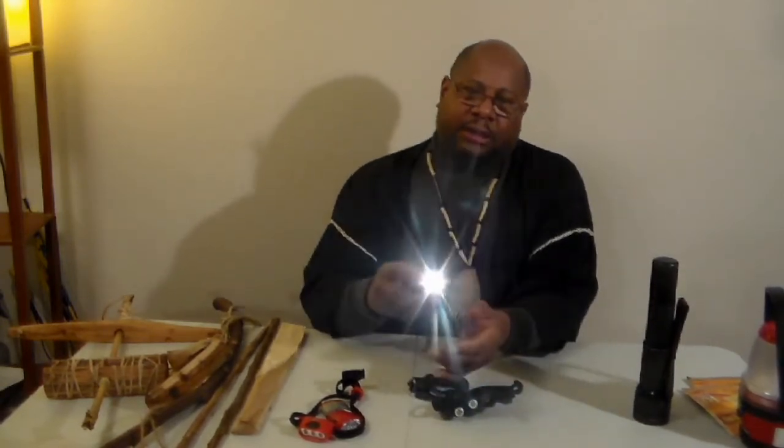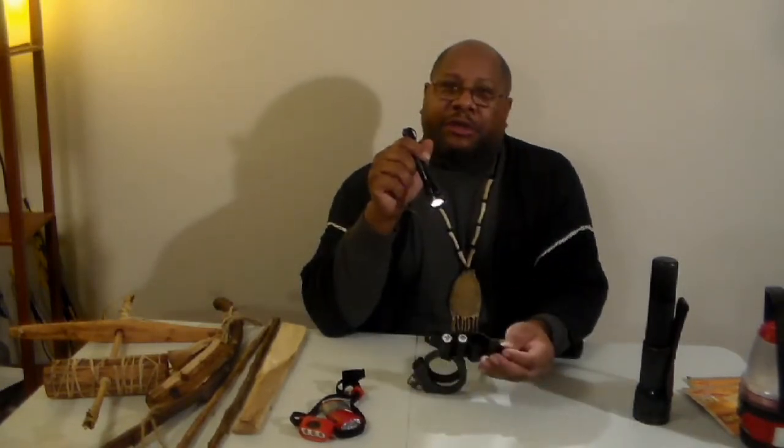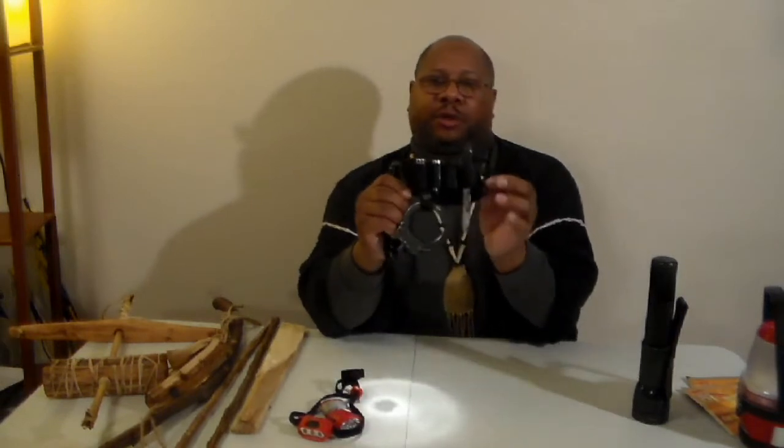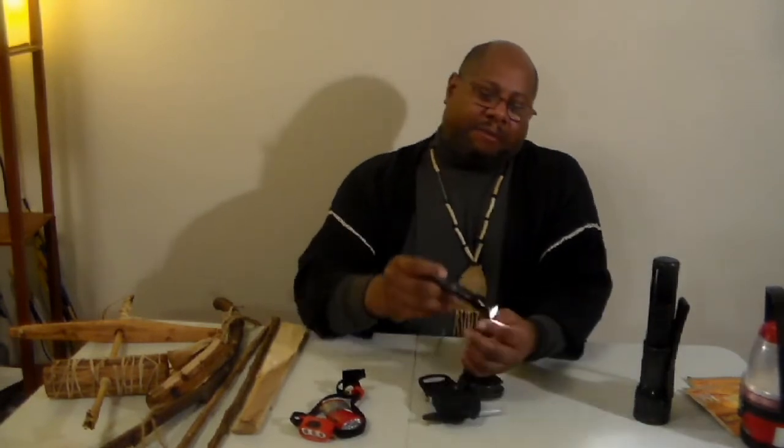And again, it's been a while here, so I need to change the batteries, but I don't really carry this. I don't really use this anymore. But this has a loop to where it would tie onto my belt. So I would have this, and I used to like to keep the mini mag lights, because from a security